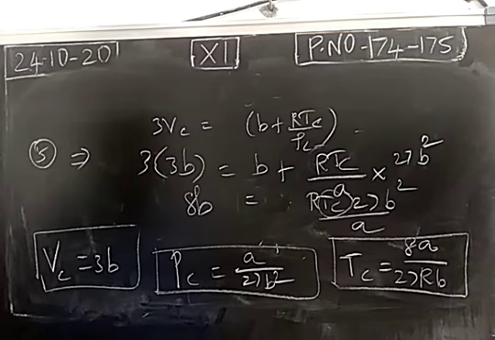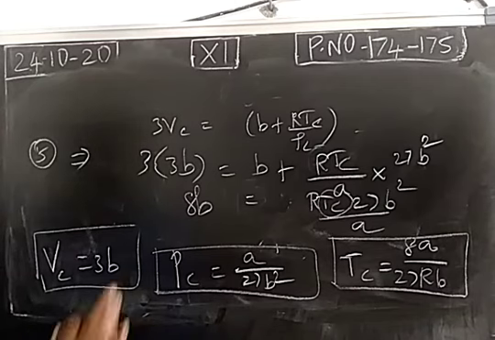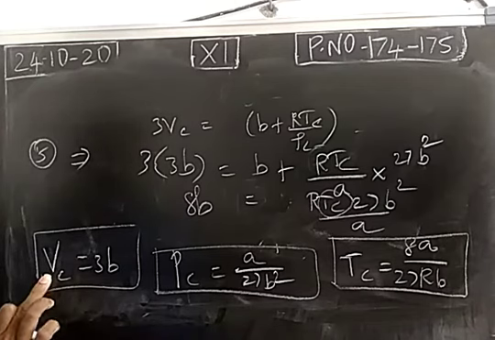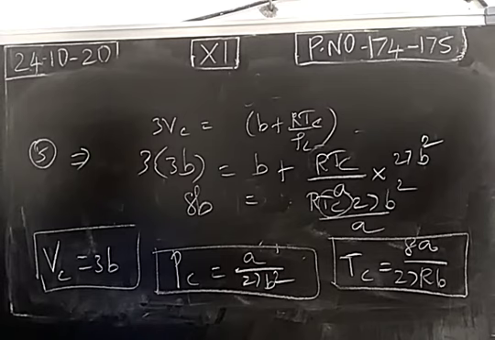When you know the critical constants, the Van der Waals constants a and b can also be calculated. How will you get b? When critical volume is divided by 3, we will get b. The same way, from critical constants, Van der Waals constants can be calculated, and from Van der Waals constants, critical constants can be obtained. So this is an important question.